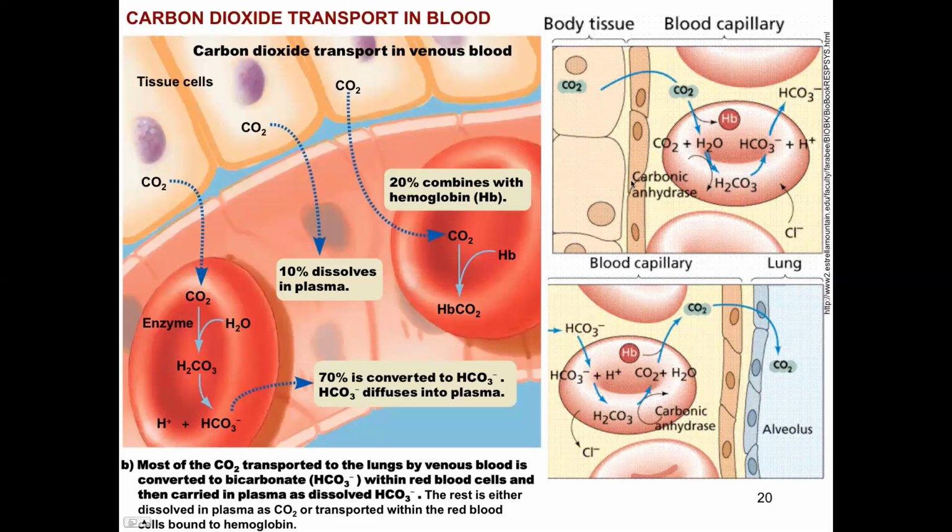So that's really important to keep in mind here, okay? Now, when we get back to the lungs, this is when that concentration gradient takes hold. It's going to start pulling the CO2 that's dissolved in the plasma out of the plasma and into the alveolus for expiration. But in so doing, it's also going to be pulling the CO2 out of the red blood cell,